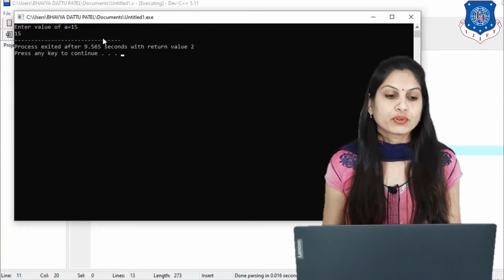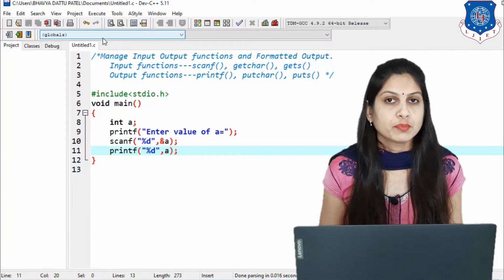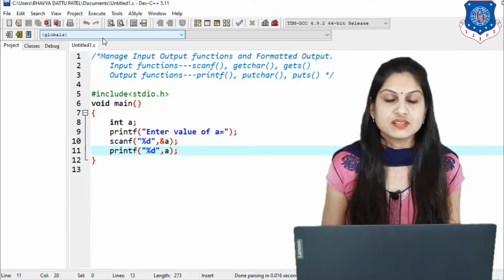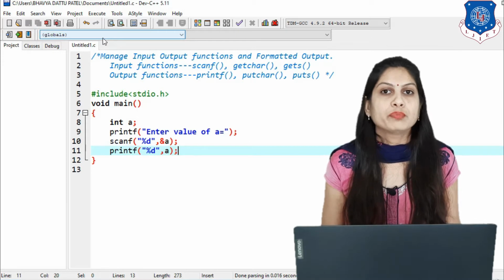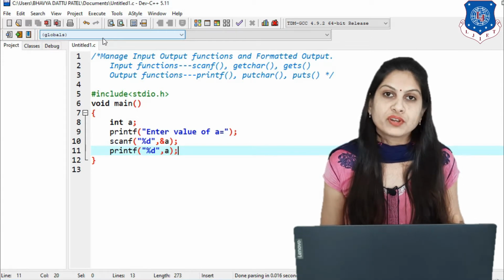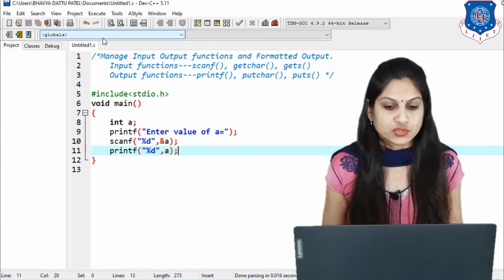This program is already done in our practical session, but now our concept is changed. How can we format our output? Simply we are printing 15, but different types of output are also possible.